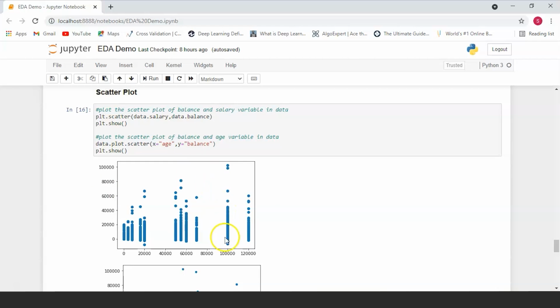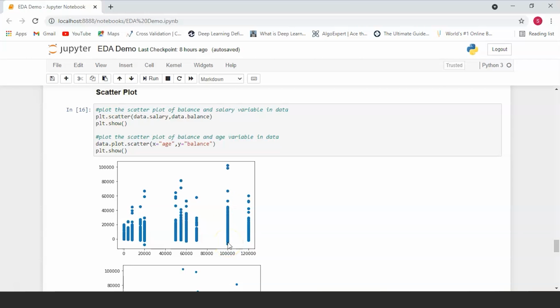So over here, as you can see, you have the majority of the data for the balance of 1 lakh falling under the range of 0 to 50,000, and you have a couple of outliers where people who earn around 1 lakh have a balance of 1 lakh. Now another insight that you can draw just by looking at this scatter plot is where the majority of your data lies. As you can see, this line here is the longest and it's also the most dense. There are so many points here that this basically looks like a curved rectangle.